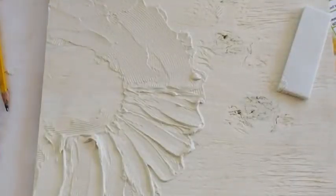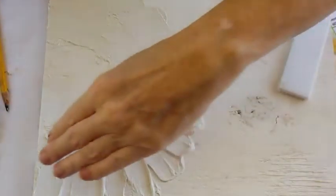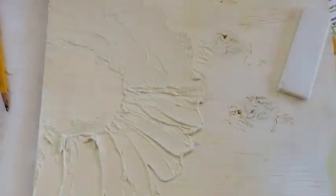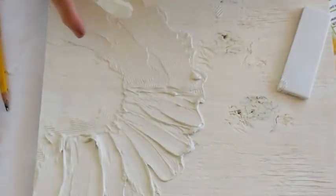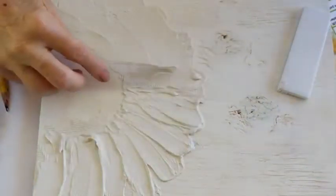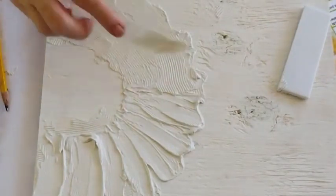Okay, just a quick video. So I traced the center on here first, and then I spread the plaster, so I clipped it here, and I filled in about a 4-inch area. So I just filled it in, smoothed it out like this with the knife, and then I came back in